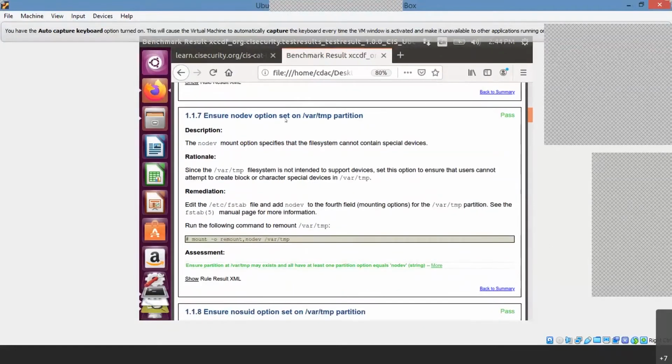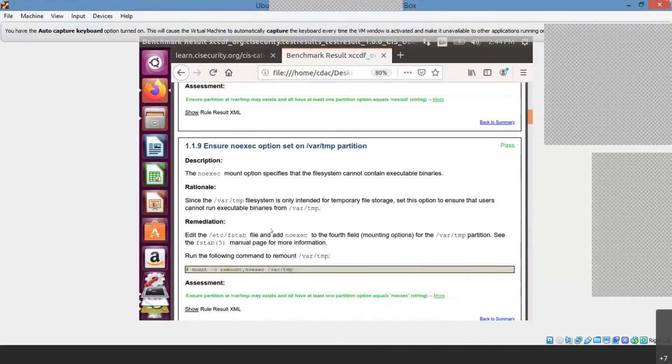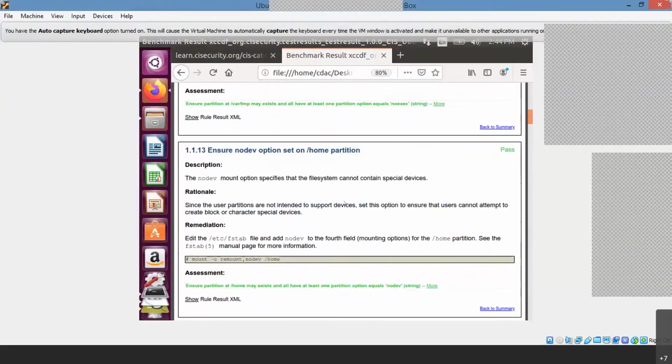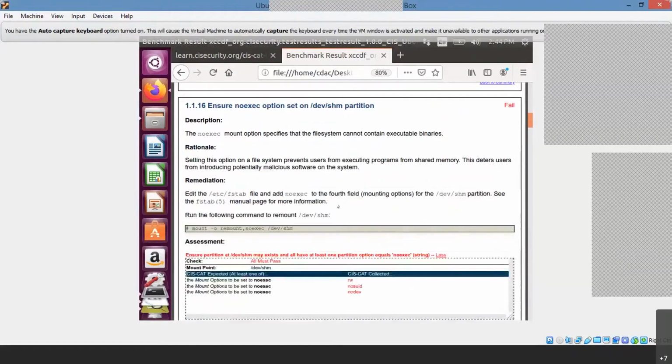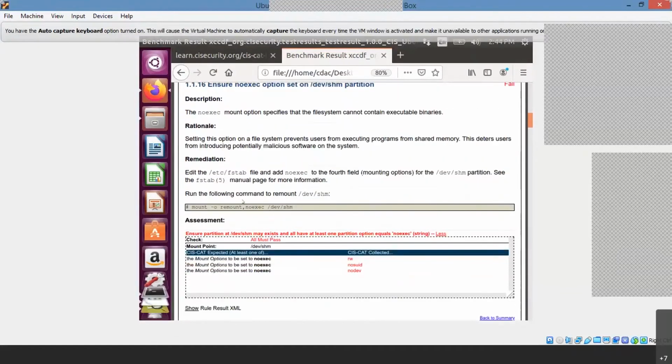Okay, so where temp partition. This is the same thing, you can go one by one. Node partition is done, so you just go to the failed one. Here you can check whether to run the following command to remount it. Once you're done with this command, check what exactly the error is that you get.